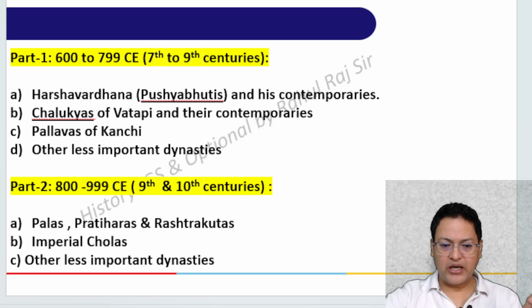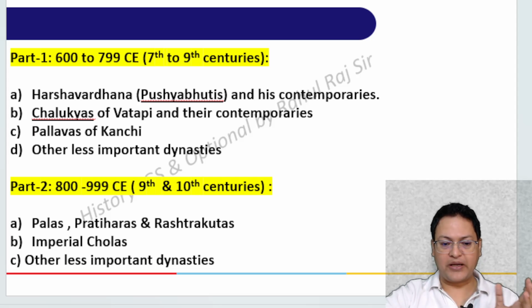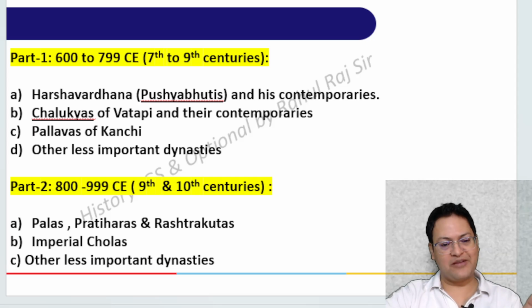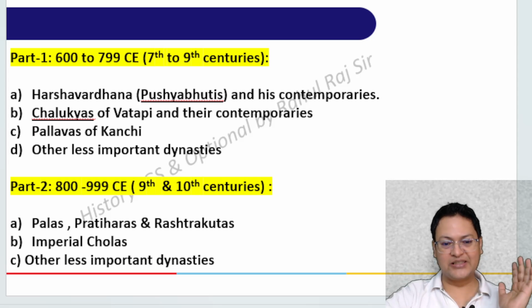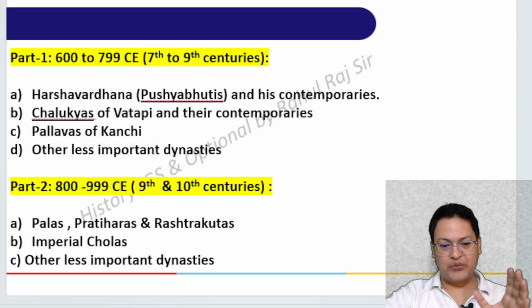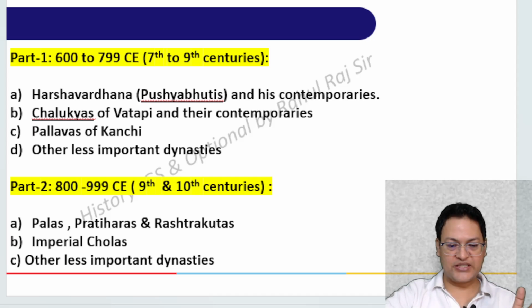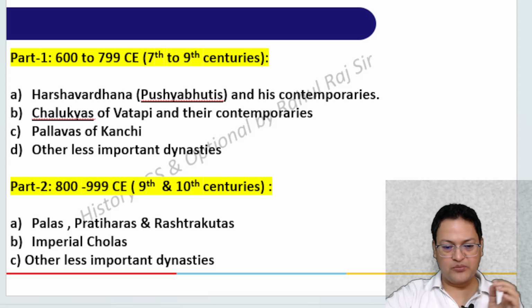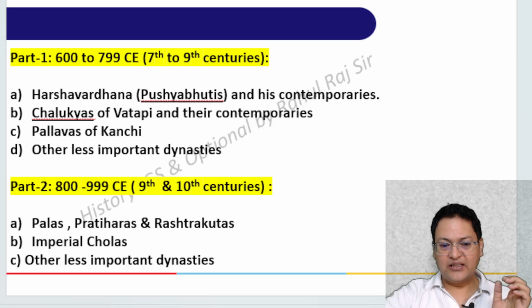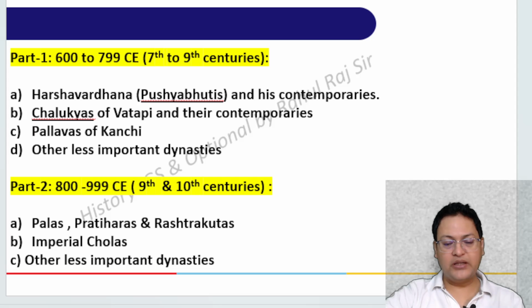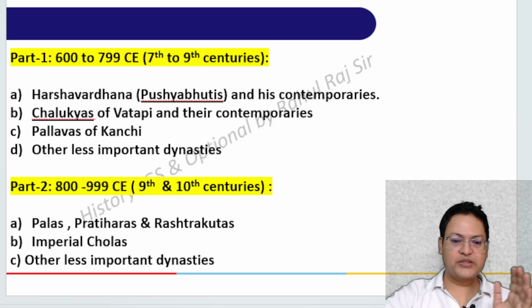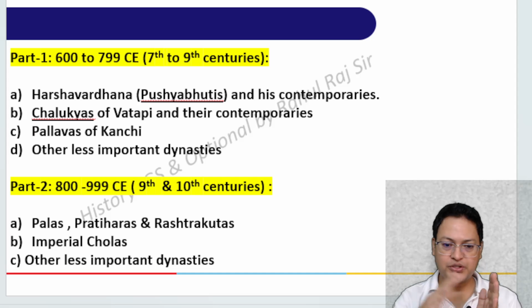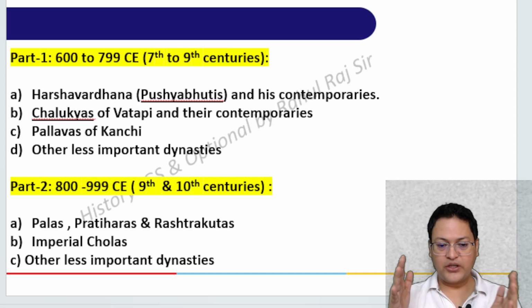In the second part we see the tripartite struggle, and the Palas, Pratiharas and Rashtrakutas are the main actors. Then the imperial Cholas; all of us cover imperial Cholas and we leave the other portions. In 2021, a question in mains GS first paper was asked on Palas, right? Though Cholas are definitely important, there are other portions also from which UPSC is asking questions and will ask questions in future, right? So we cannot ignore them, because